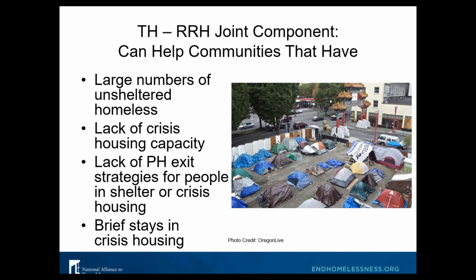So the communities that should consider the joint component are those communities with large numbers of people experiencing unsheltered homelessness, that lack crisis housing capacity, that lack strategies to exit people into permanent housing quickly. So you might have a system that can bring people in quickly, but there's no plan or no flow within the system to move them out. And so this should be a consideration. And then for communities whose shelter stays are